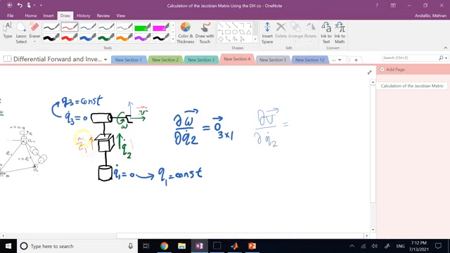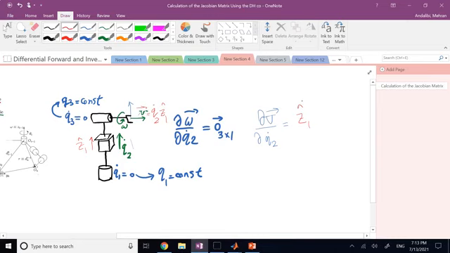So V, the magnitude of it is Q dot, right? But the direction of it is Z1. So I should write V as what? Q2 dot times Z1. Any vector can be written as its magnitude times its unit vector. Now when I take the partial of V with respect to Q2 dot, the answer is vector Z1,